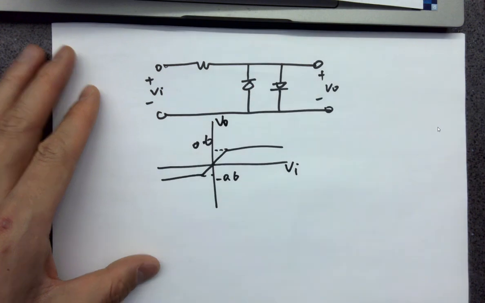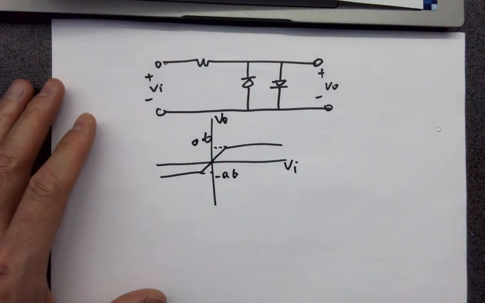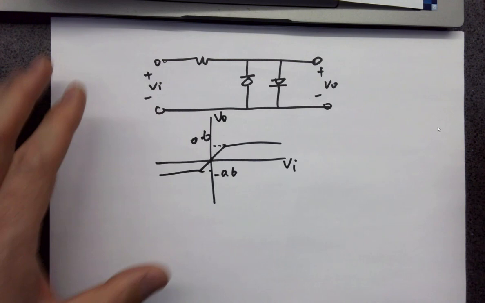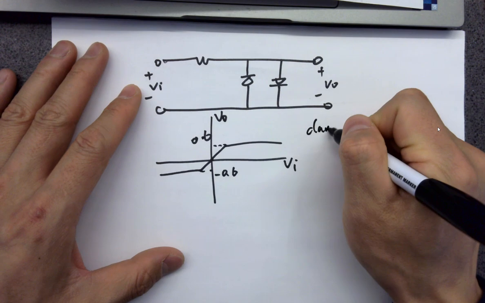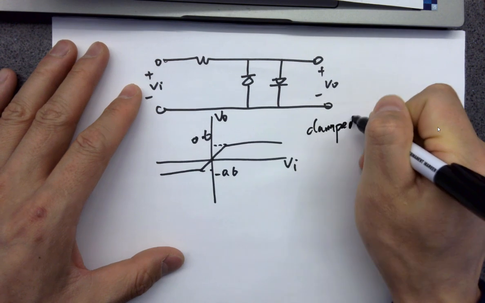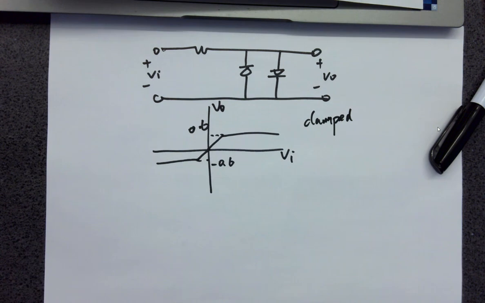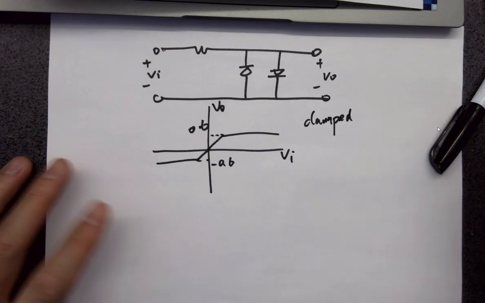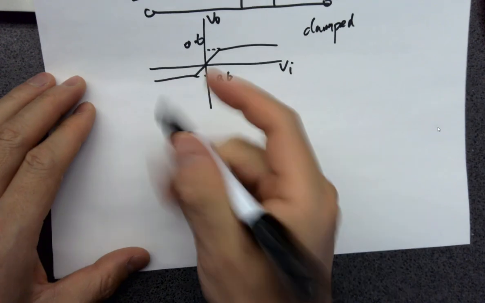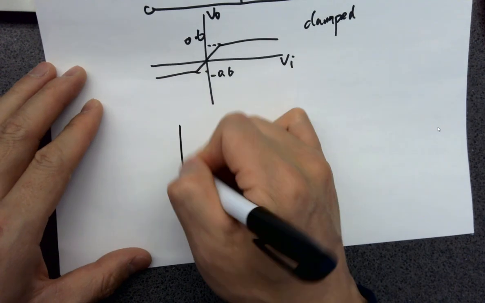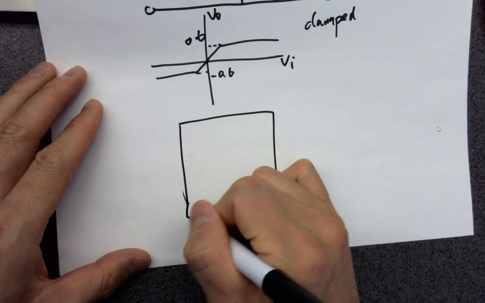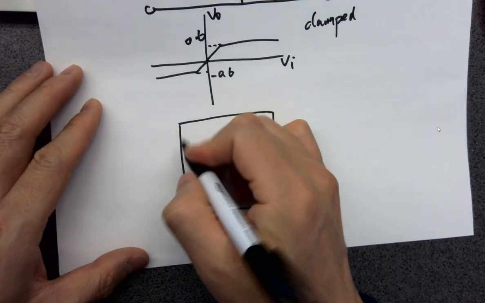V in, V out. So that's called getting clamped at these two voltages. Okay. Why is this useful? Because, for example, the chip has all these inputs,